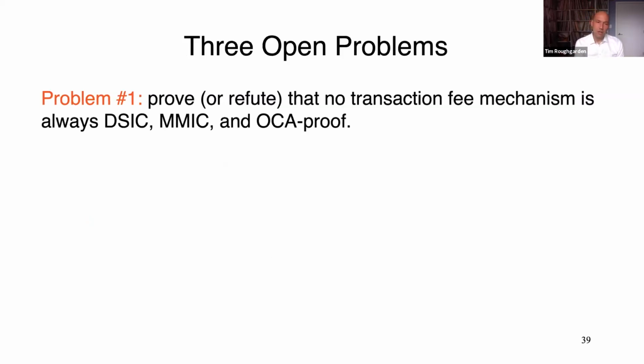Definitely some open questions that I think are worth working on that would lead to nice papers. First one, all right, so I introduced 3 types of incentive constraints: DSIC, MMIC, and OCA proof. And I proved to you that the 1559 mechanism gets most of them: always MMIC, always OCA proof, usually DSIC. In the paper, I give an alternative mechanism, which is always DSIC, always MMIC, usually OCA proof, okay, with similar conditions to what we just saw. Open question: is there a transaction fee mechanism which is guaranteed to meet all 3 incentive guarantees? I don't know the answer. I suspect no, but I would really like to see